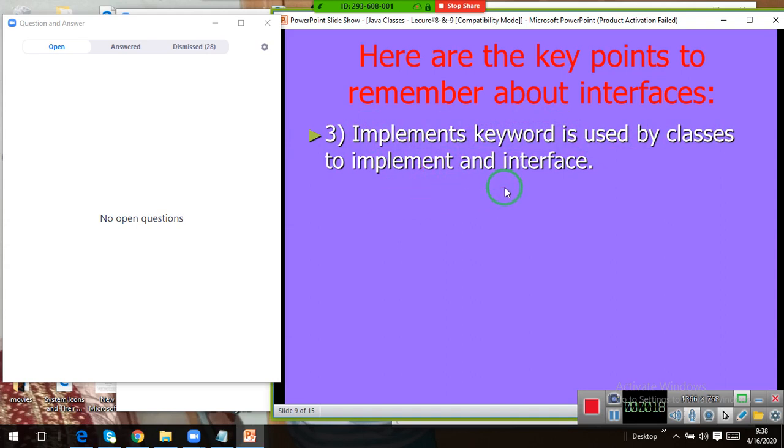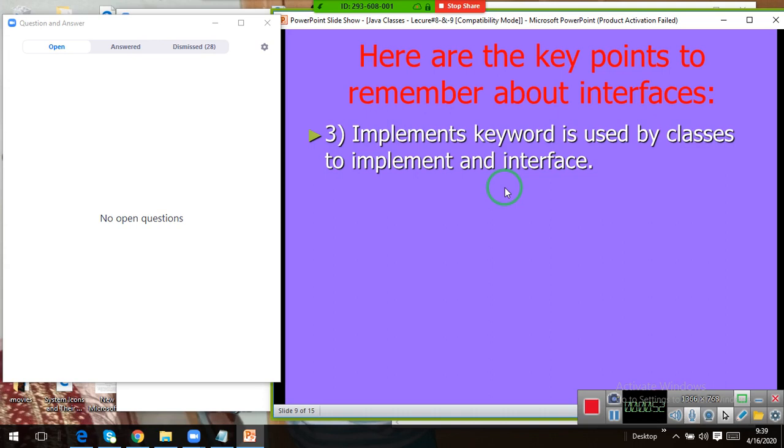For example, when we were making the inheritance of a class, we were using the keyword extends. Let's say class child extends parent. So what keyword did we write? Extends. But what if we want to implement an interface in a class? We write syntax like this. Let's say the example is class